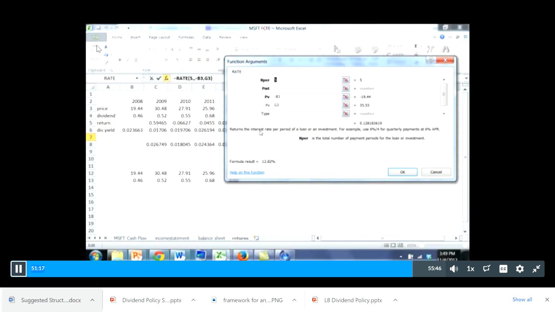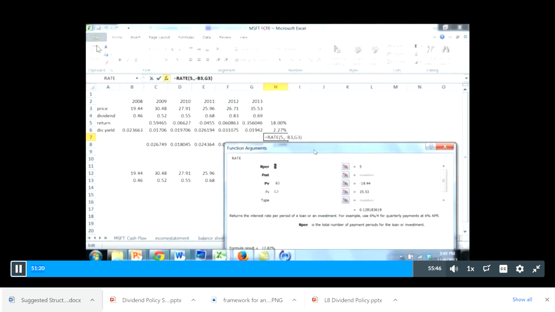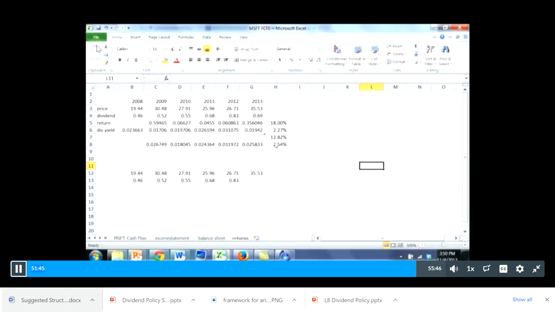And we've got 5 periods, 1, 2, 3, 4, 5. I'm thinking about buying at the end of 2008 and selling at the end of 2013. So my present value, I put in negative the price from 2008. My future value, I put in the price from 2013 and press enter, and I get an annualized return of